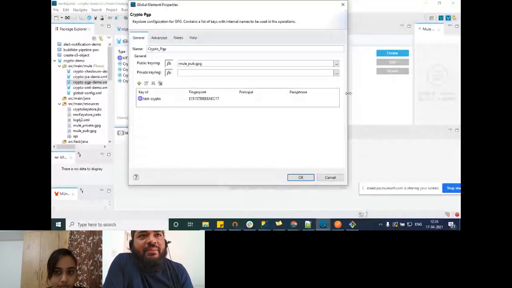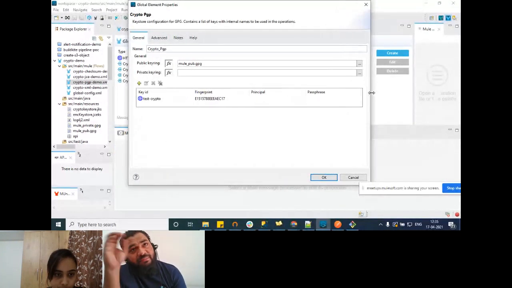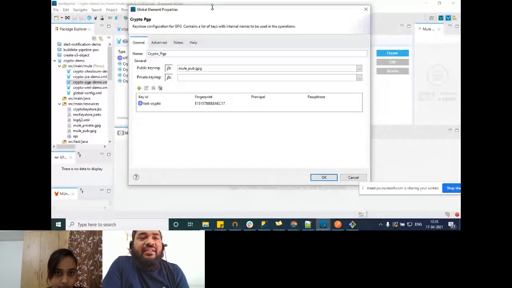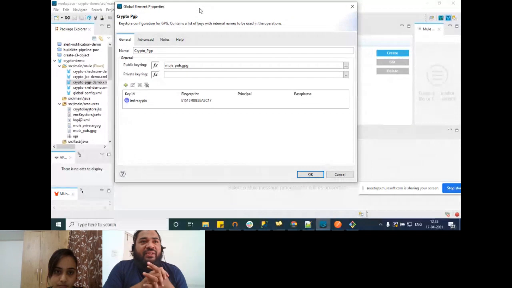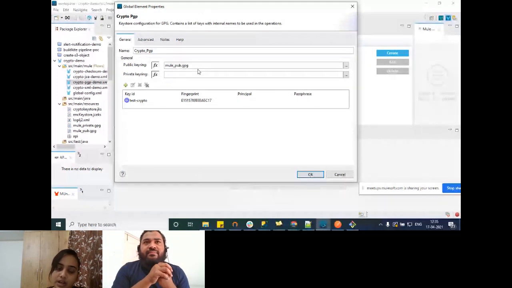I've stored a private key and public key in one place because in one process we are doing encryption. If we are only doing encryption, then we only need the public key. In case of encryption, we just need the public key, and for decryption and signing the messages, we'll need the private key.